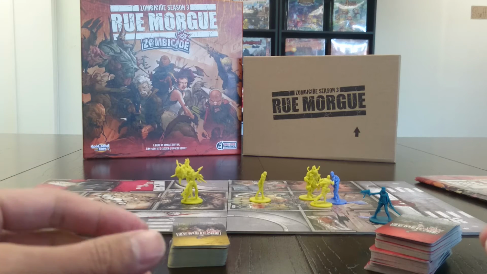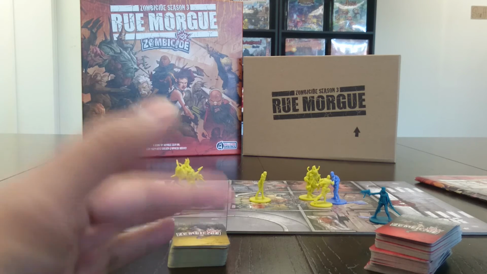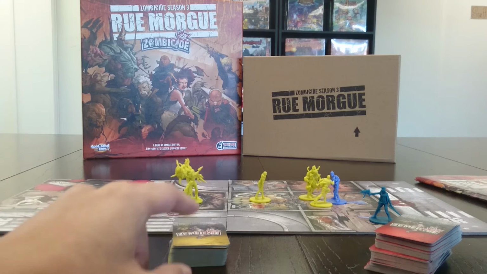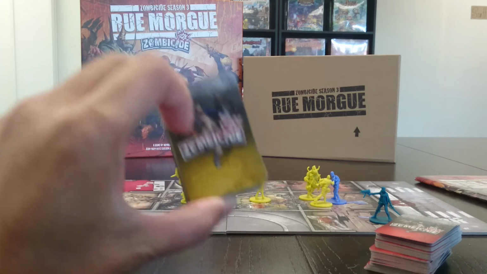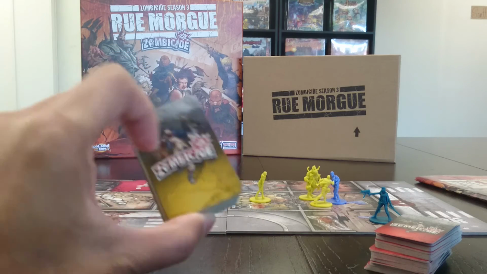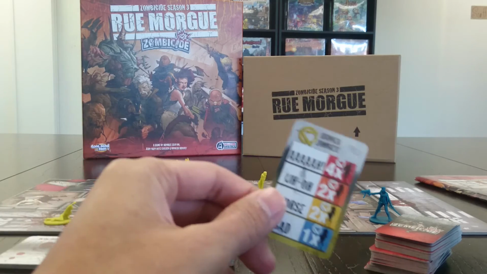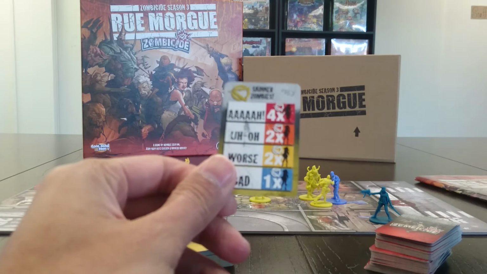After you do that, you roll the dice and you distribute where all the dice go. And starting with the lowest number, you draw cards from the spawn deck, which is the yellow deck. And this one will determine what kind of zombie will appear